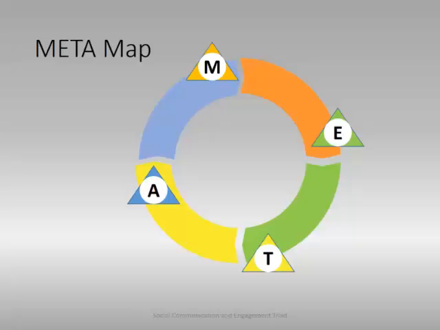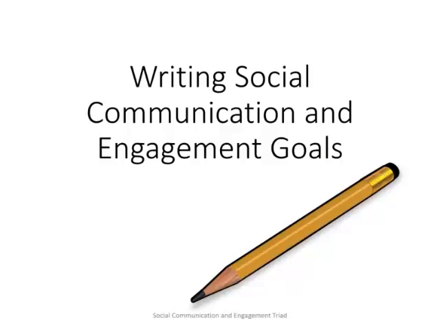And we talked about using the meta map for both extended engagement and for identifying additional opportunities for engagement, because both are really necessary if we're going to give kids the many, many opportunities that they need. So now, using what you know about the triad, the student, the communication partners, the communication environment, let's write goals